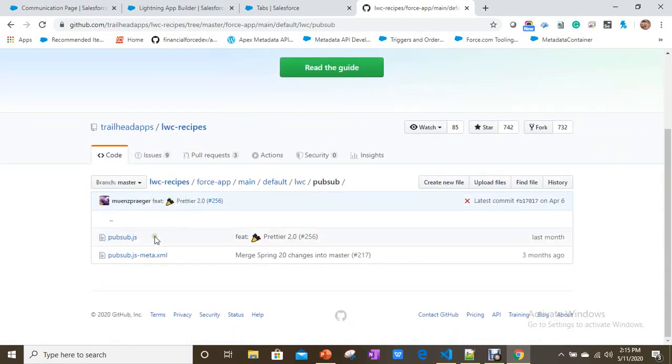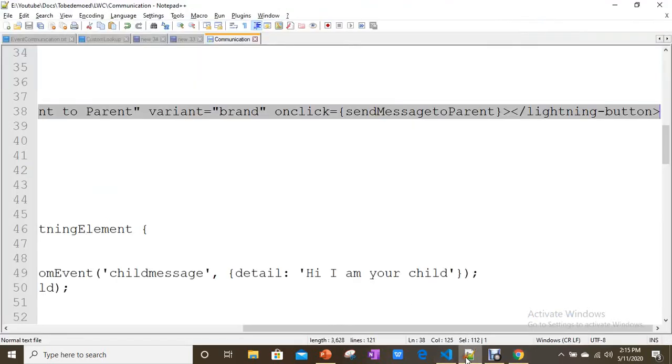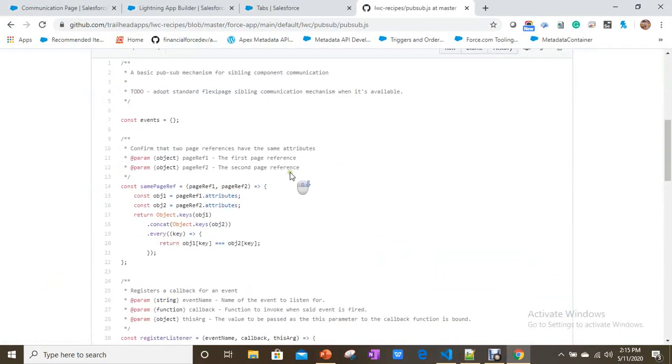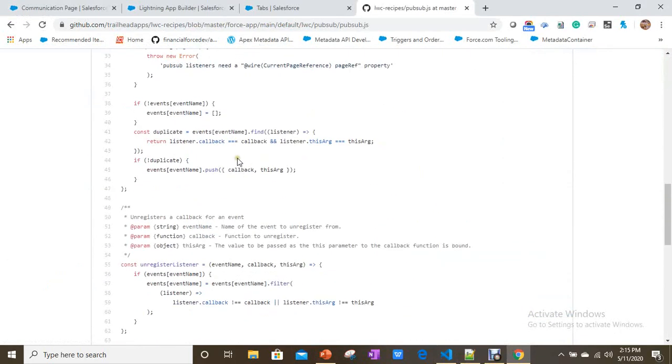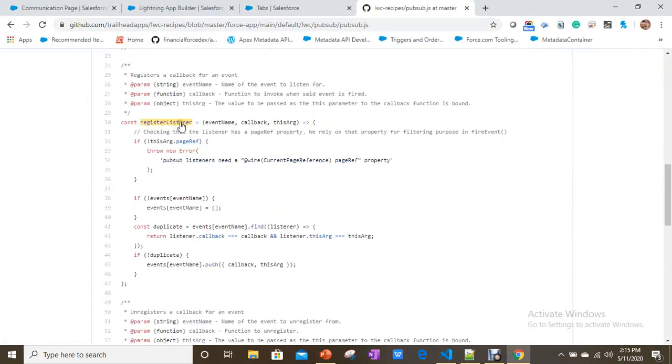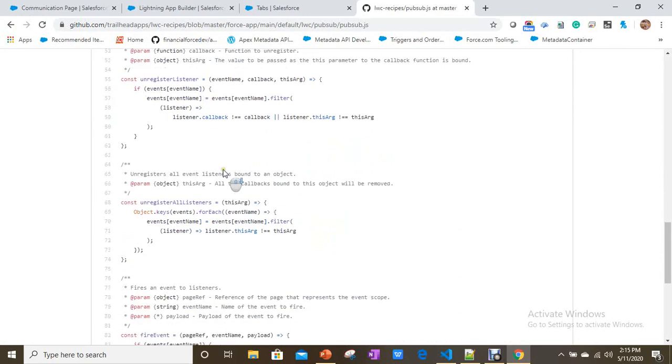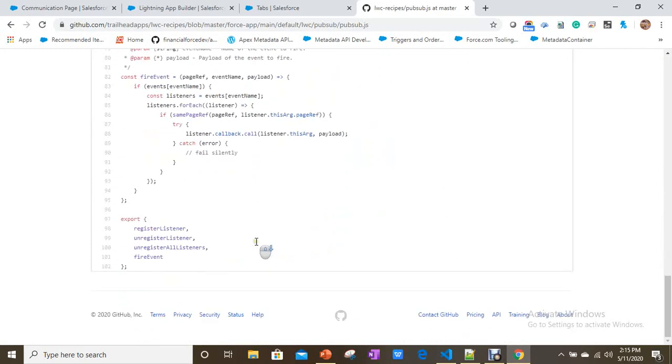You just need to copy paste the pub/sub JavaScript file and meta file. So this is an empty HTML. If you open this, they already gave utilities, they already written everything. You just need to use these methods for registering events and for unregistering and for listening. We'll see this for firing also.